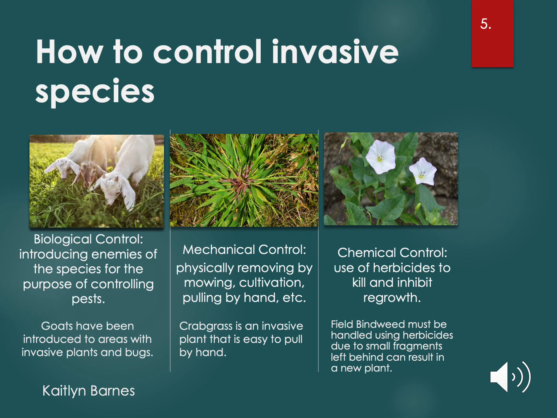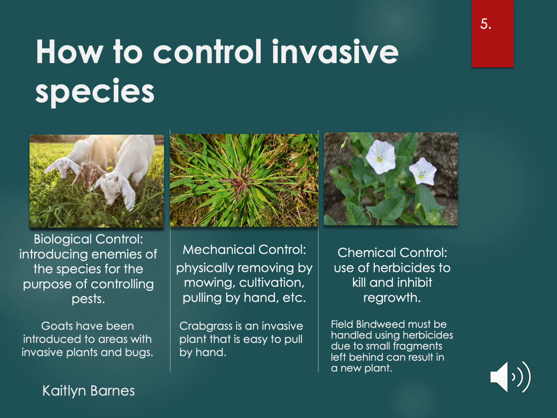Another way to control the invasive species is called mechanical control. It is physically removing the plant by mowing or cultivation or even just pulling by hand. Crabgrass is an invasive plant that is easy to pull by hand. Crabgrass is very common around Kentucky. Another way is chemical control, and this is the use of herbicides to kill and inhibit regrowth. Field bindweed must be handled using herbicides because small fragments left behind can result in